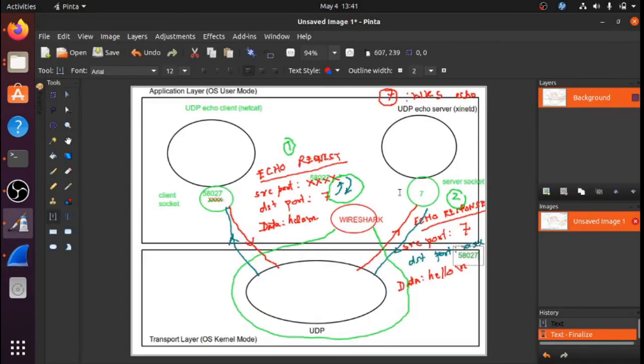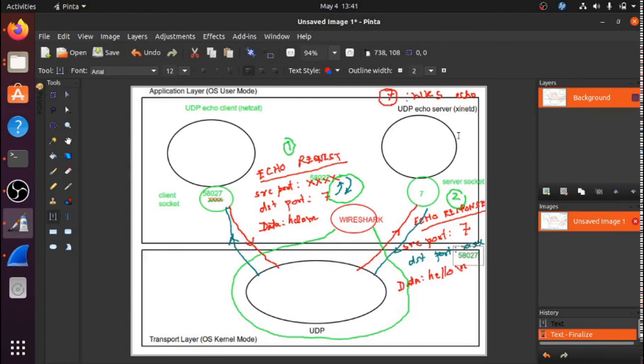So I hope you have understood exactly how by using Wireshark we are better able to appreciate the basic echo request and response protocol using two existing well-known UDP clients and servers. Okay.